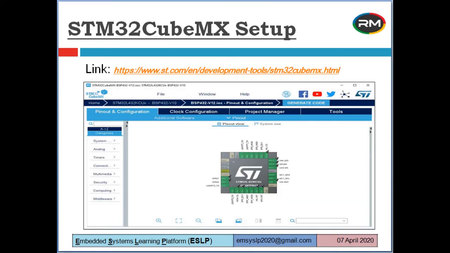Now for the STM32CubeMX, the user needs to go to the STMicroelectronics site and create a user account. The link given here can only be used once he has created a valid account with the OEM site. The user can then download the latest version and install it by running the executable with administrative rights. The installation may take longer in case the system is connected to the internet, as it tries to look for the updates and install them. A snapshot is also shown here to get a feel for the user.